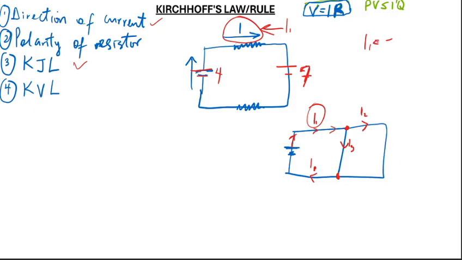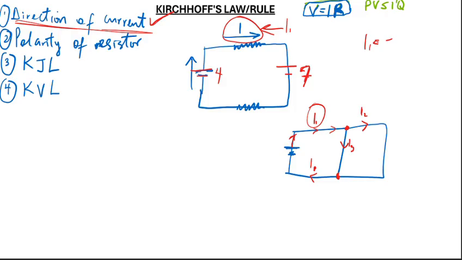So it doesn't matter if you do not get the direction of current very well. If you take it to the right and it ought to move to the left, you have no issue. It's just that your solution is going to have negative answers, and that tells you that the direction you took ought to be in the opposite direction. So we don't have a problem with the direction of current. So we are done with